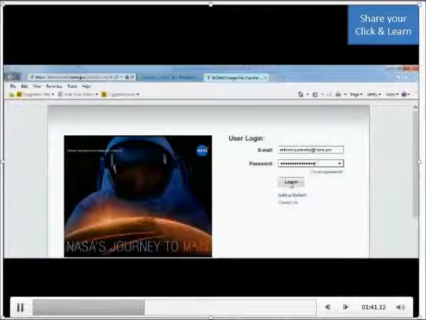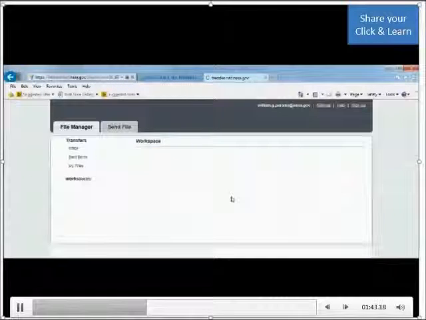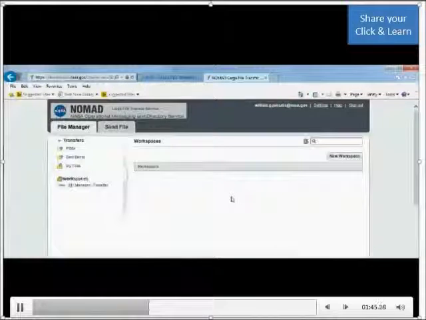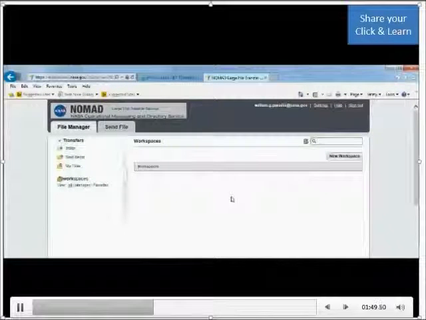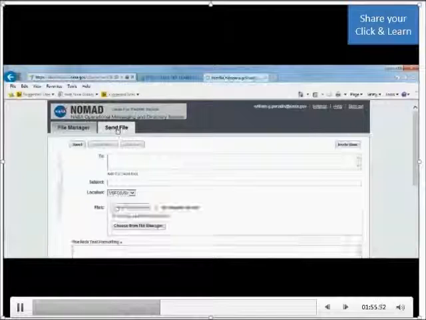And then here I am. I am now in the large file transfer, because some of these files are too large to email, obviously. So I want to send a file. I click on send a file, and